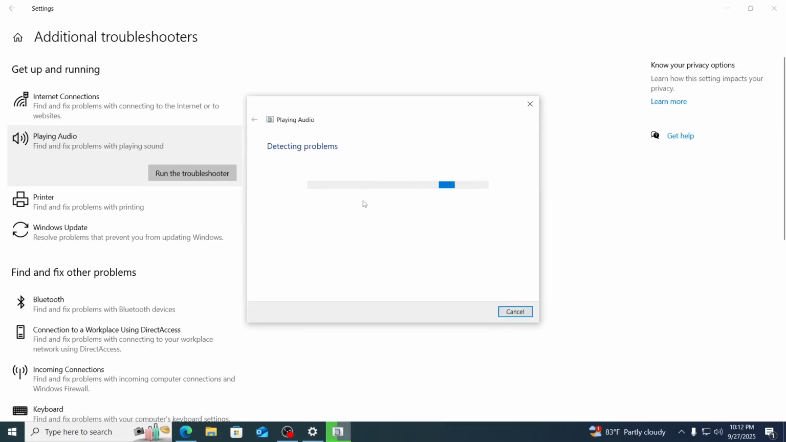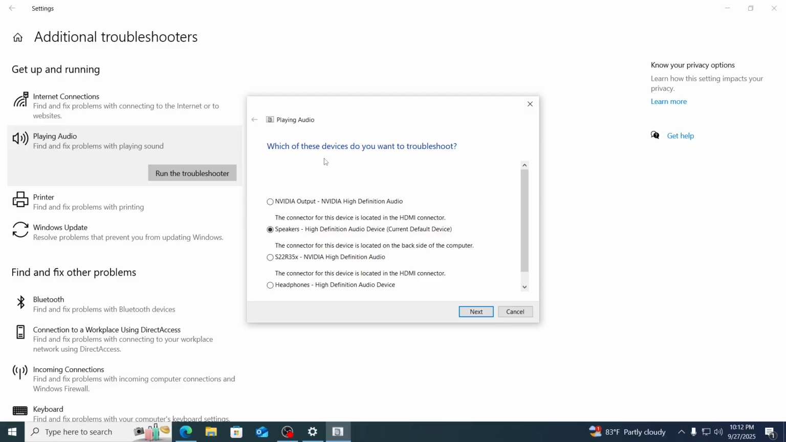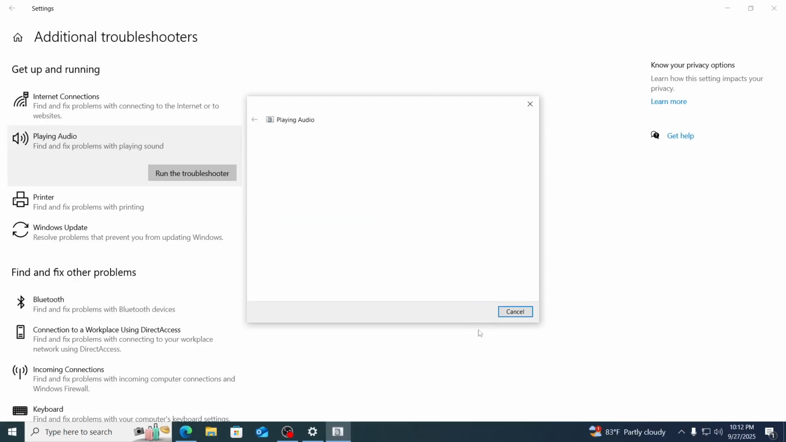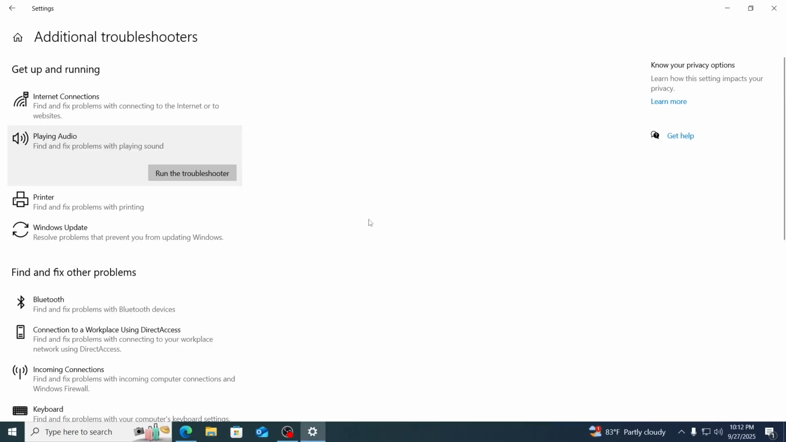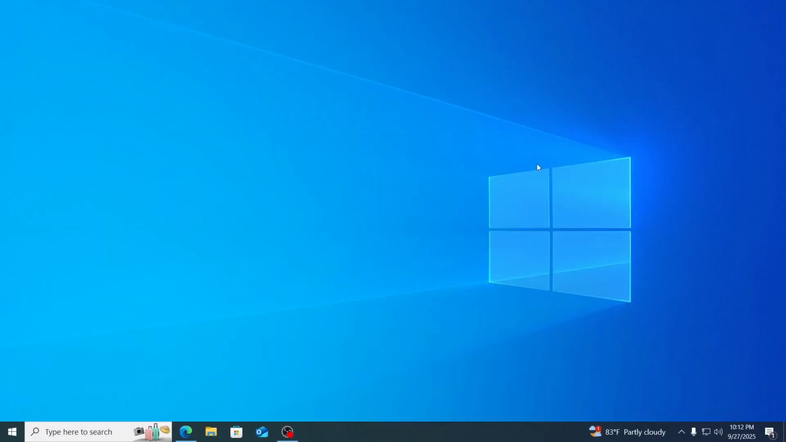Let it detect the problem. Just give it some time. It's gonna ask you which of the device you're having problem with. Just select that and click on Next. Then just wait and it's gonna give you some enhancement. Click on Yes and it will add those enhancements for you. Then just close this, and even after that, if it doesn't get fixed, what you have to do is just